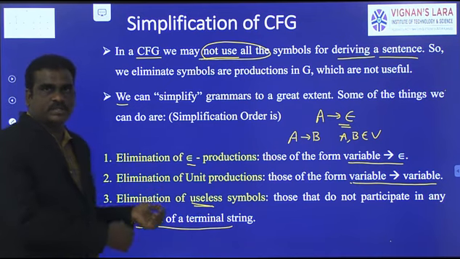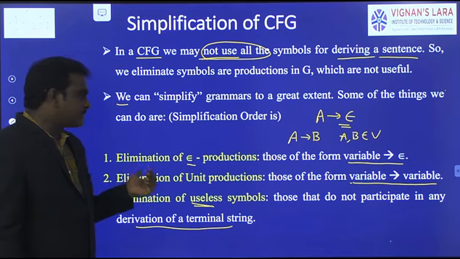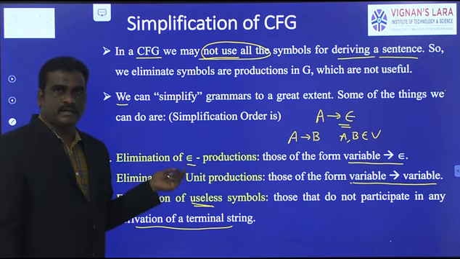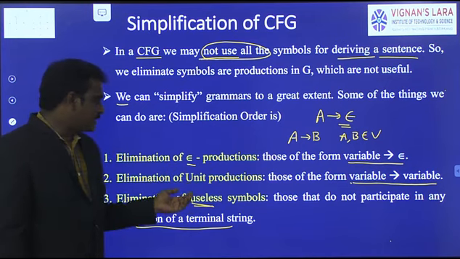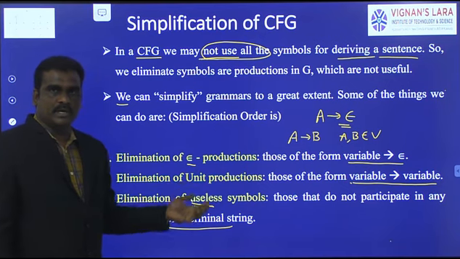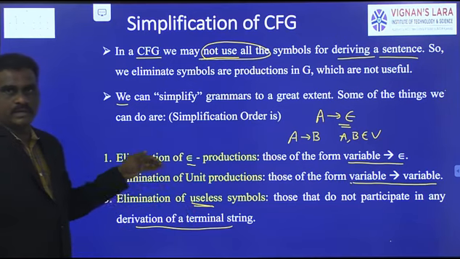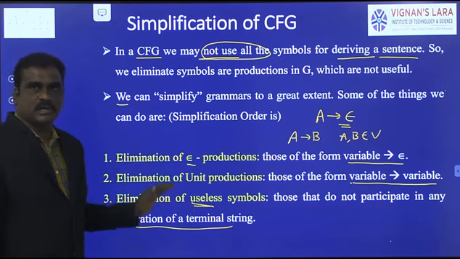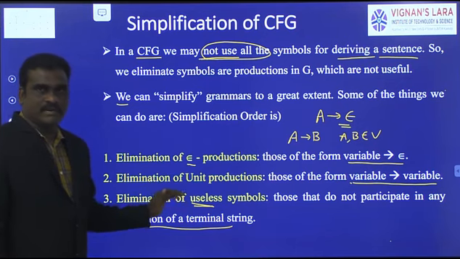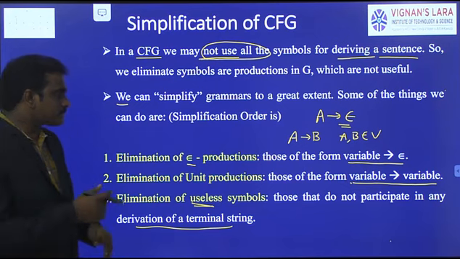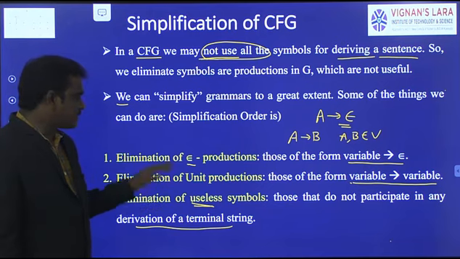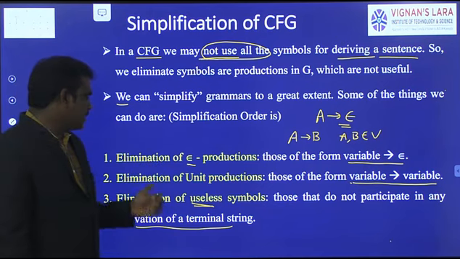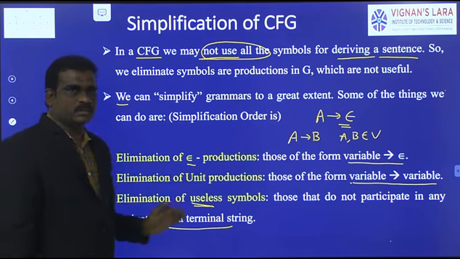Now we will see first individually. First starts with elimination of epsilon production. So what is meant by epsilon production and how to eliminate the epsilon productions. Later, what is meant by unit production, how to eliminate unit production. Next one, useless symbols. So first in this class we will see individually: how to eliminate epsilon production, how to eliminate unit production, and then how to eliminate useless symbols. The next class we will apply all the rules at a time. But in this class starts with individually. Okay. So starts with elimination of epsilon production.